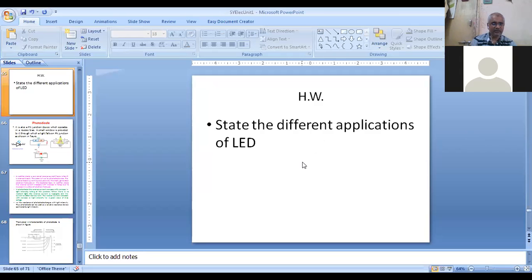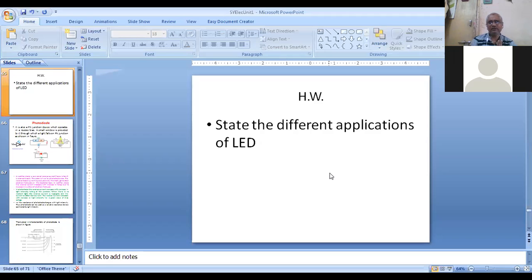Similarly, the infrared LED is used in the remote controls of TV, CD player, or any other remote control, which will contain the infrared light emitting diode. It is known that LEDs are used for lighting purposes, and nowadays the TVs available in the market are LED screens. The screen contains millions of light emitting diodes. So the screen of the modern TV is made up of light emitting diodes.